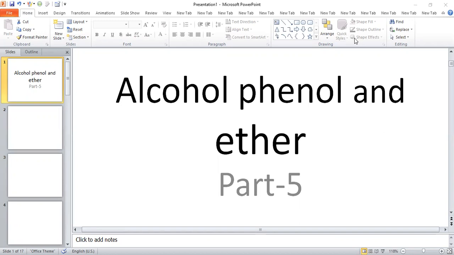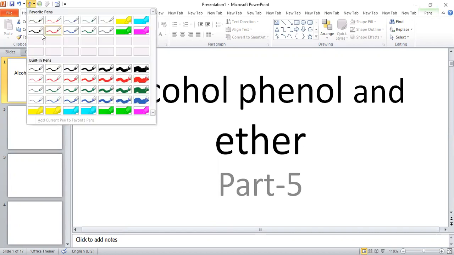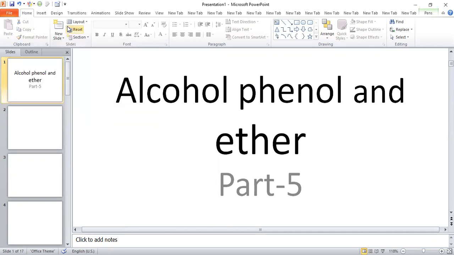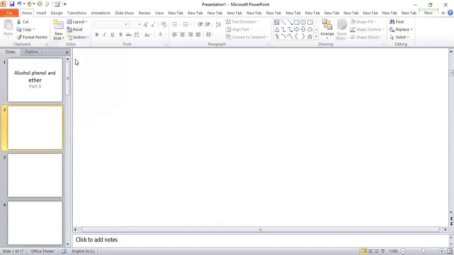In today's lecture, we are going to discuss some more chemical properties of phenol. Basically, the last topic we are going to discuss is phenol, then we will discuss ether in this chapter. First we are going to discuss some chemical properties of phenol also. In the last lecture also we discussed chemical properties.